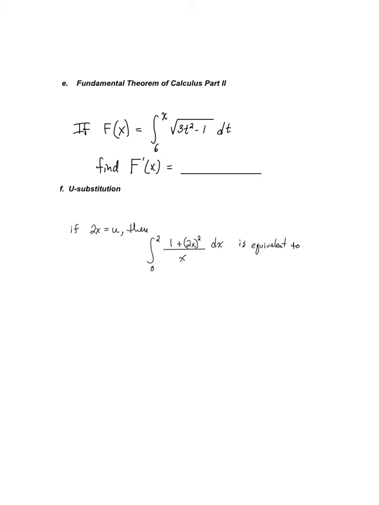Okay, now just for the last 2 bullet points on integration for this final exam review. One is a really straightforward concept. It's the second part of the fundamental theorem of calculus, where we really formalize that relationship between integration and differentiation sort of being inverse of one another. So if a function is defined as an integral from a constant up to a variable, in other words a function of x is defined from some constant, doesn't matter what it is, 6, 2, -3, 13, 57, whatever, from some constant up to x of this integrand, the square root of the quantity 3t squared minus 1,